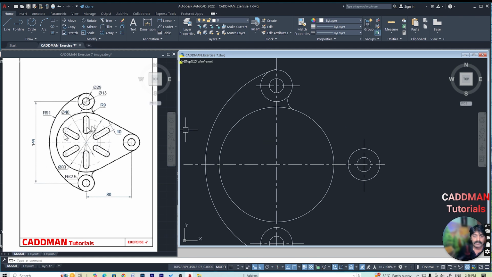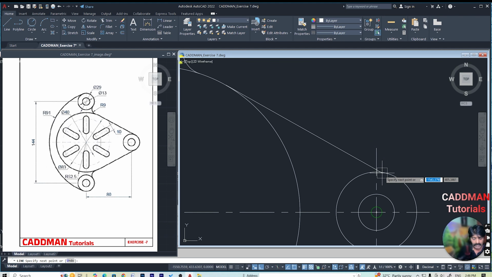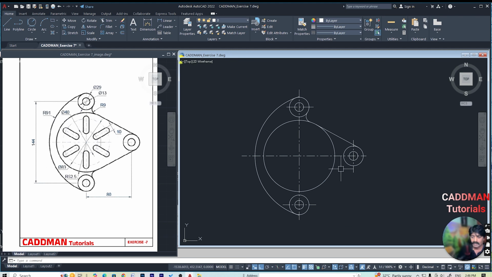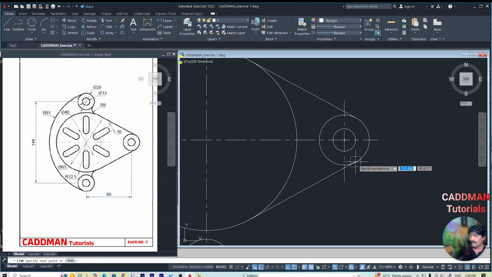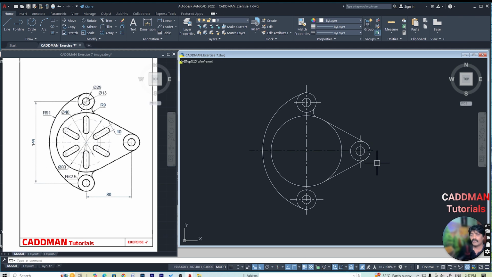Now I create this tangent line from this circle to circle 52.5 to dia 29. So take a line command L, give tangent TA and enter. Select the tangent of this circle and say tangent to the smaller circle. And similarly, either you can mirror the same line or you can go for line again, go for tangent, again come to the circle and give tangent again. Now we got a required profile,